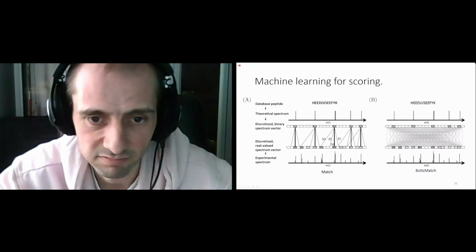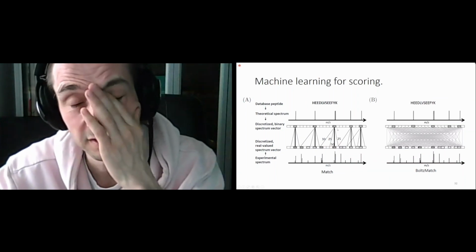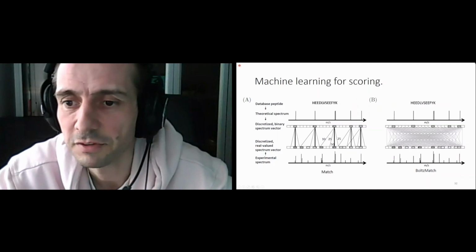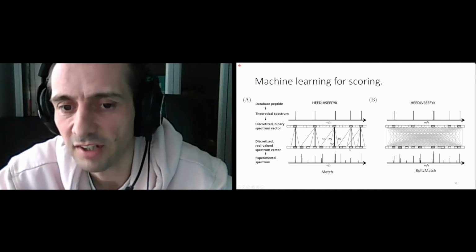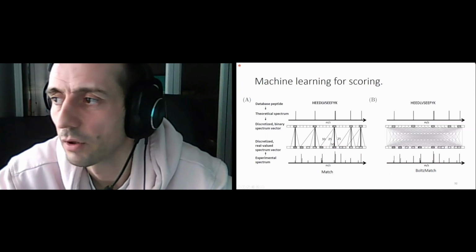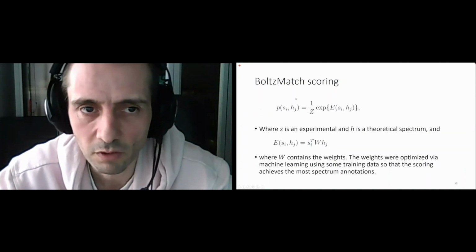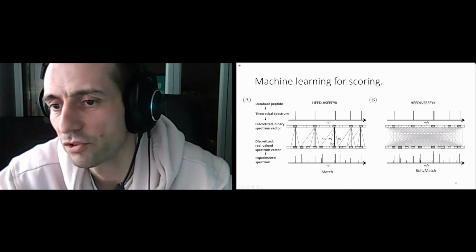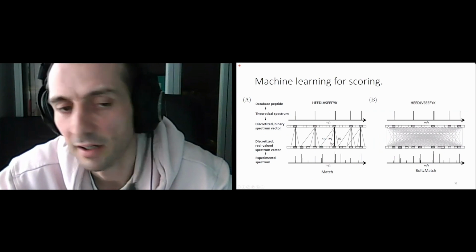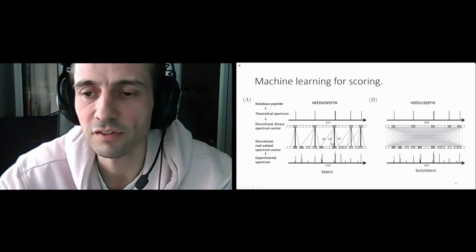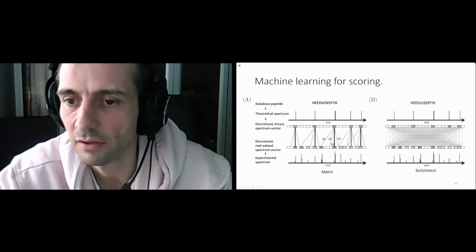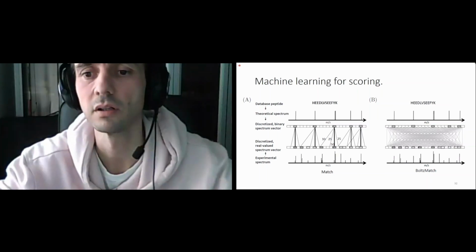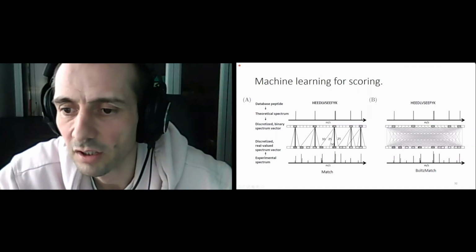And they were calibrated 30 years ago, and they are still using the same weights. But now we can actually learn the optimal weights from the data. So we use the Boltzmann machine. So basically, this is a Boltzmann machine. Here we have the observed data. This is the hidden data, the unobserved data, and we consider the theoretical peptides as the responsible cause for generating